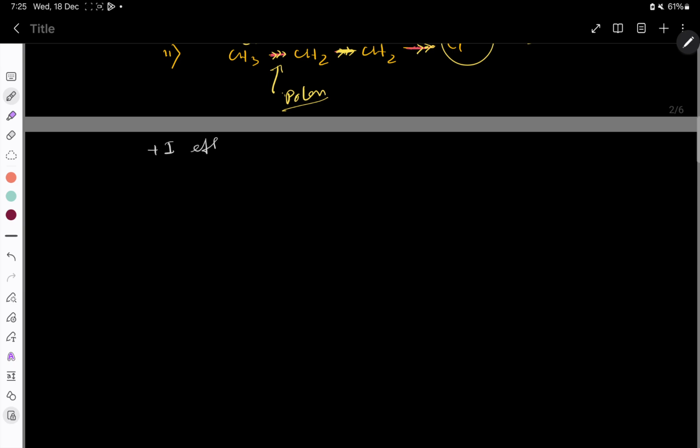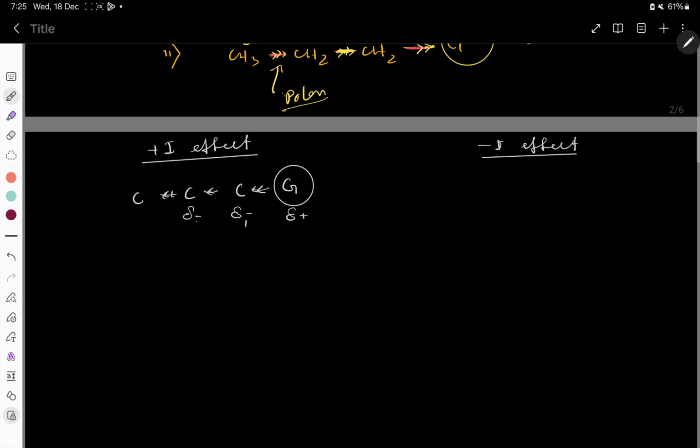One is called plus I effect, another one is minus I effect. So what happens in plus I effect? Suppose here some carbon chain is there, I'm not going to balance that one. Suppose here a G group is there. If the group nature is like that, they push the electron density towards the carbon-carbon single bond. That means here positive charge will generate, and here negative charge will generate, suppose 1, and here negative charge will generate, it is 2, here negative charge will generate, 3. Then this G group is called a plus I group,